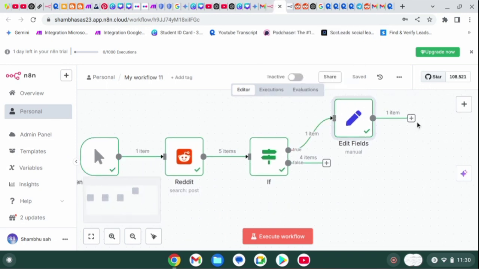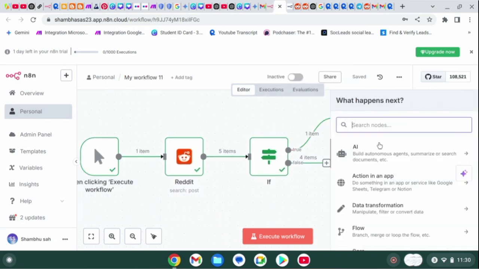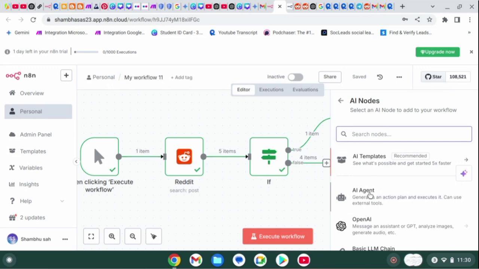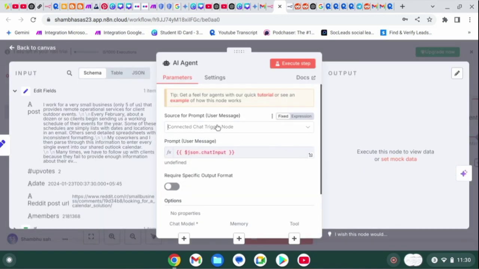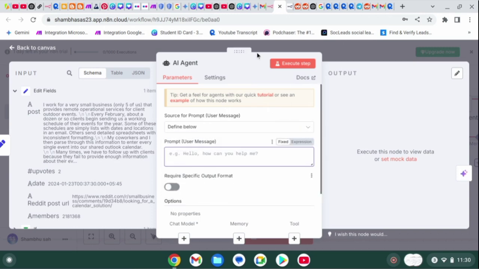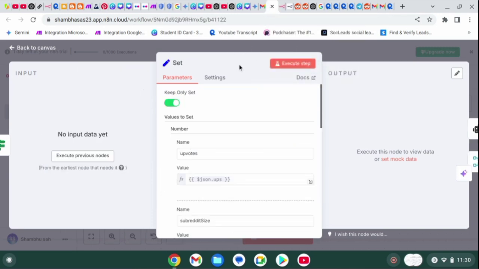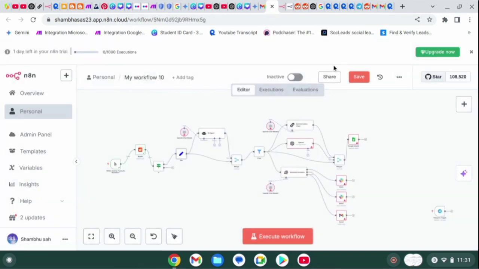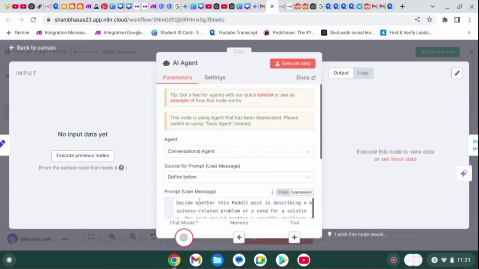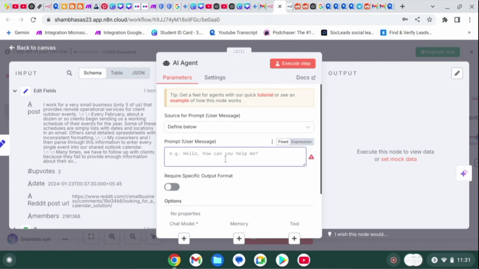So let's click on new tab, and we use AI agent to make a summary of this. Click on AI agent, or we can also use OpenAI for this one. Click on define below. Now we can write a prompt for this one. So the prompt that I already wrote in this app, or you can also use ChatGPT to write a prompt. Simply copy this and paste it here,